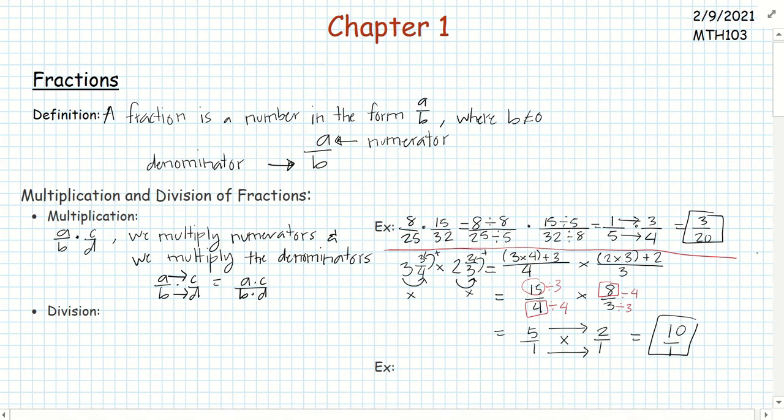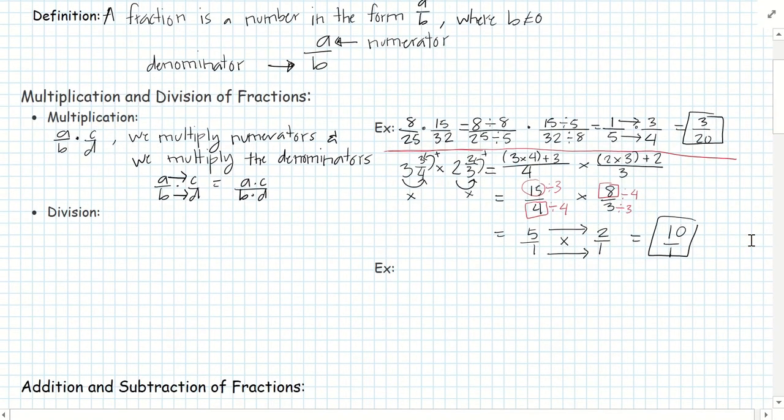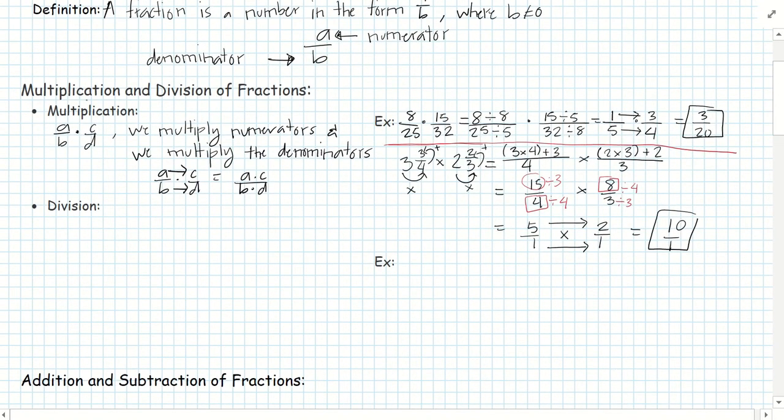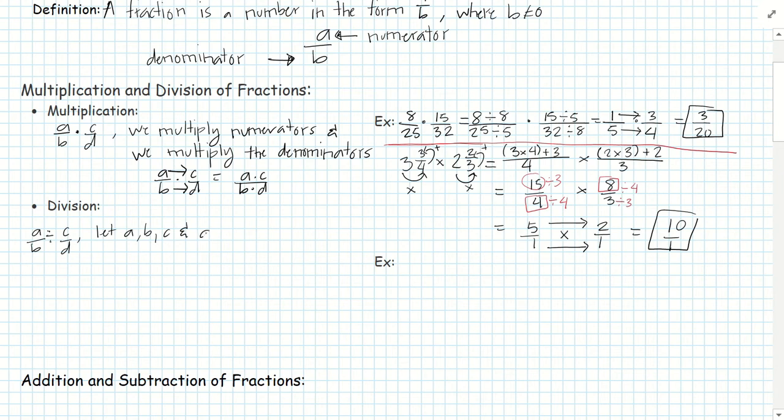So let's go ahead and keep on going. Now we have division. So for division, the rule is going to be a little bit different. The way that we write it is, let's say we have A over B divided by C over D. So this is how a division between two fractions is going to look like. And what the rule says is that if we let A, B, C, and D represent